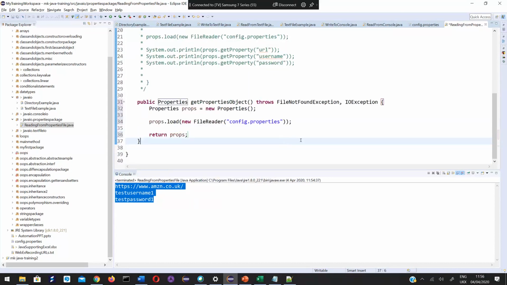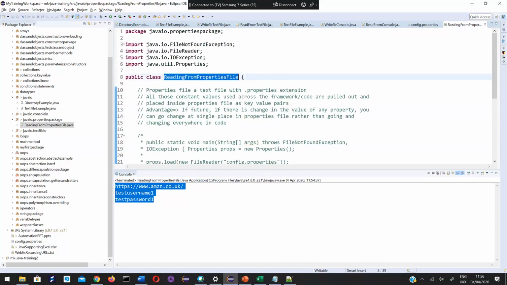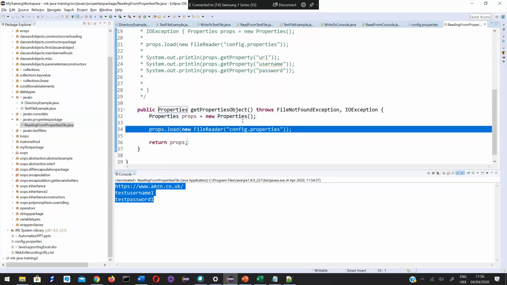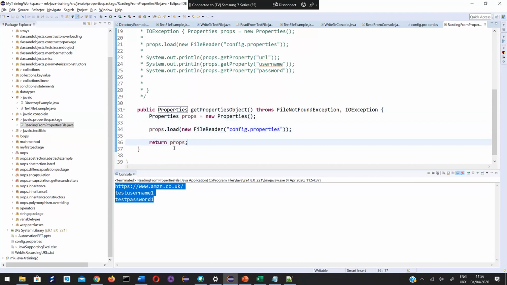So what we have done, we have created in this class a method, get properties object, which returns a properties object. Inside this method, I'm using this code: properties props equal to new properties, then loading the properties from the properties file, then returning the loaded properties object.